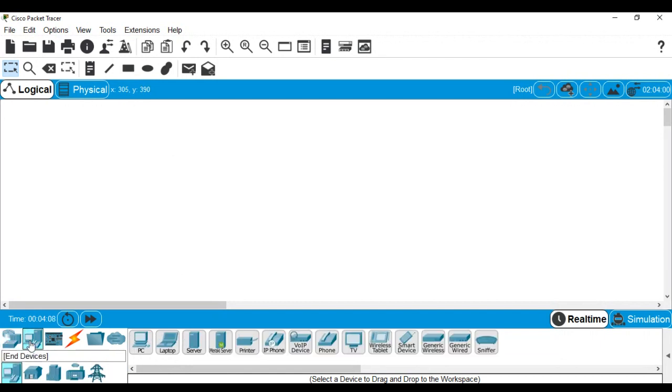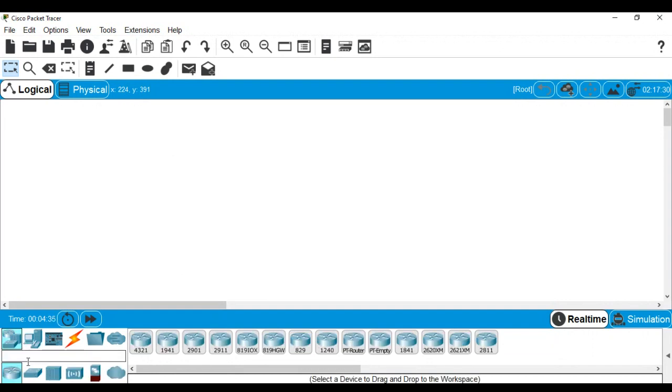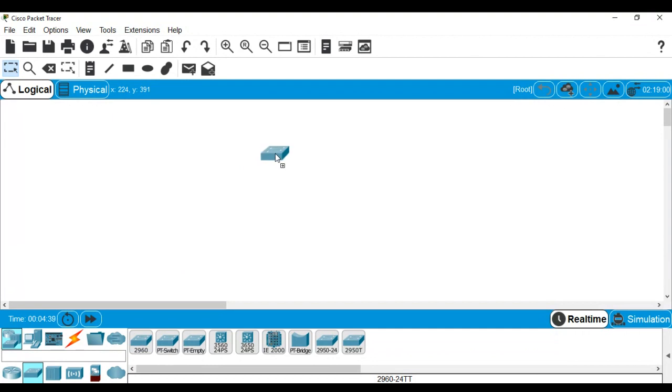From these, end devices are also available, if I want to connect different PCs, laptops, or servers to make a good, beautiful network topology and see how this network is working. So this is a very powerful and a very good tool that will help us see what we actually do with the switches without actually buying them or paying for wires. So let's just start by taking a particular device. I'm going to take first of all a particular switch.